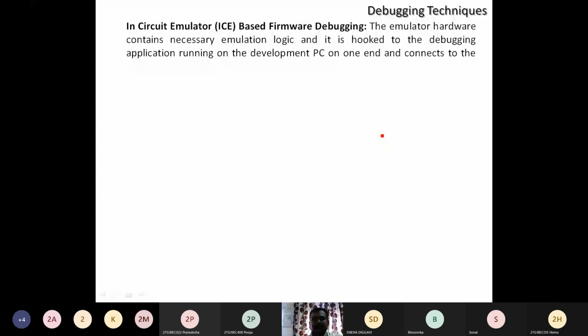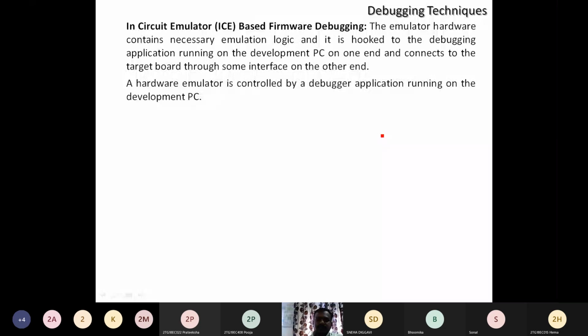An emulator is the virtual hardware available in the development environment, where we debug in the development PC, which is used for the target board. A hardware emulator is controlled by a debugger application running on the development PC.